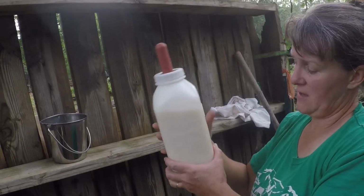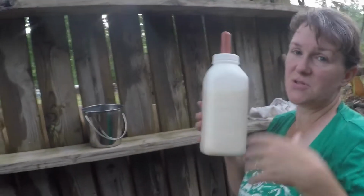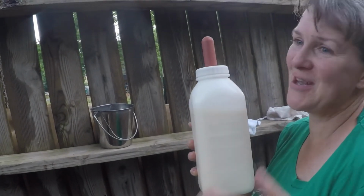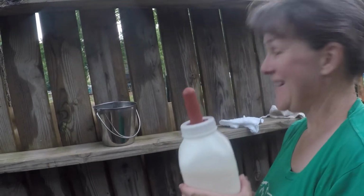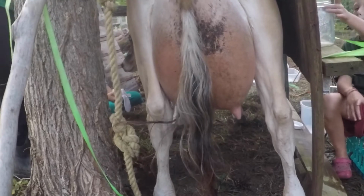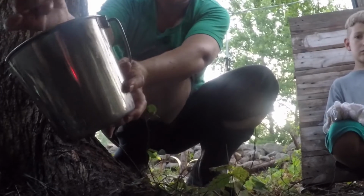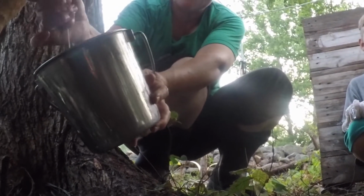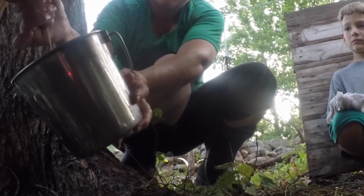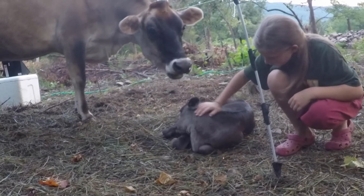It's almost a half gallon, and this is just out of one teat. It's the teat that she's most comfortable with me milking, so now comes the frustrating part where I almost break into tears. Sorry, I just spit. Hey, Catherine, can you bring me the jar? There are probably veteran milkers who are going to see my technique and be like, oh, but I'm just doing the best I can. Exactly 4 pints. Catherine, can you bring me the...